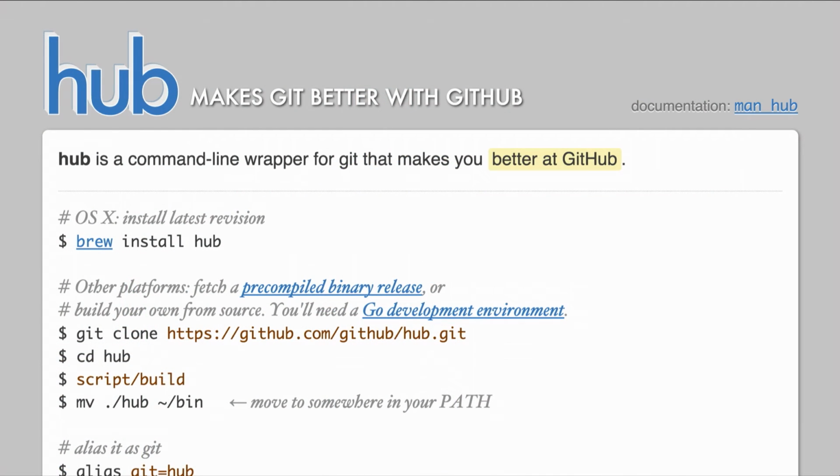All right. A lot of people like to live on the command line and don't want to be in the web UI all the time. For you, I say check out Hub. Hub.github.com is a wrapper, really, for our API. And it lets you do a lot of GitHub stuff, not Git stuff, but GitHub stuff on the command line. Really handy. So you can do things like this,